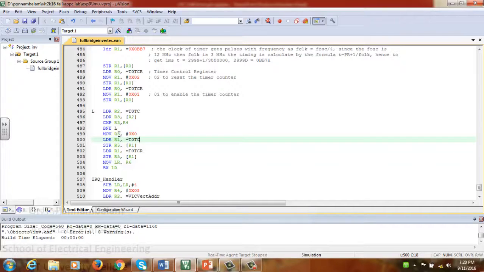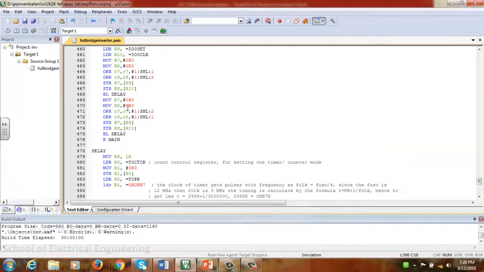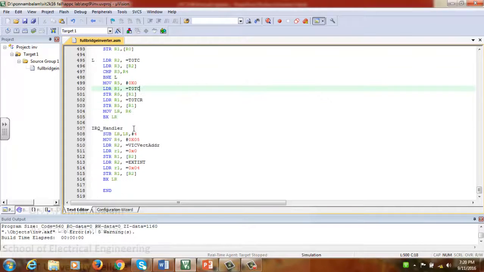R5 I am initializing with 0x0, and I am putting that into T0TC and T0TCR, which marks the end of the timer operation. Then I am popping the content of R6 into LR, then BX LR. So obviously I am returning back to the main routine after this subroutine is over.